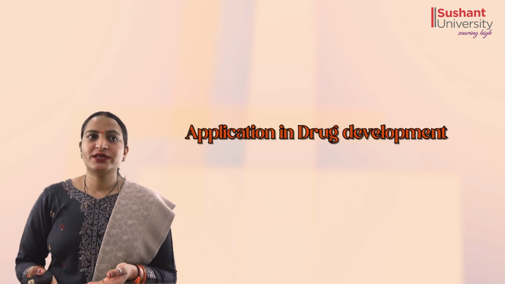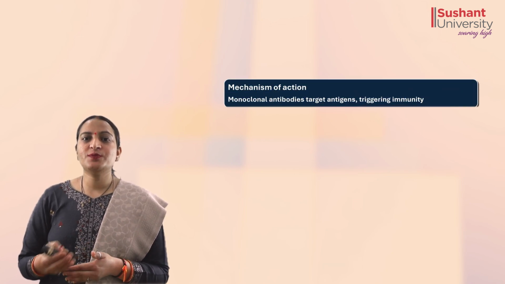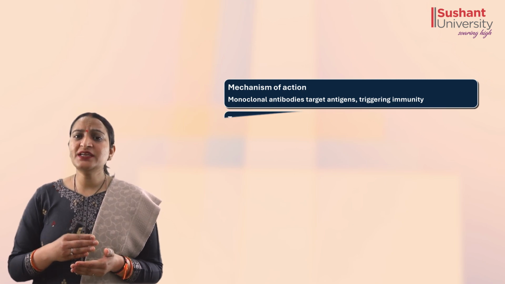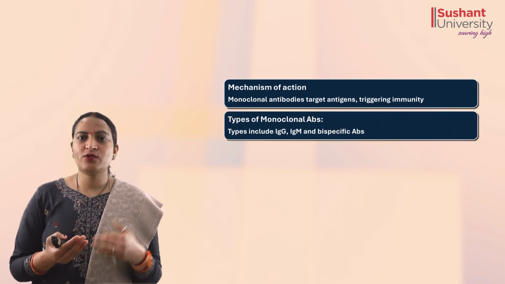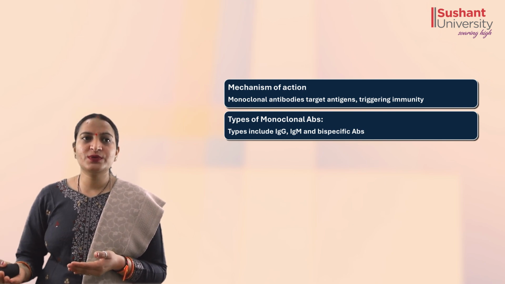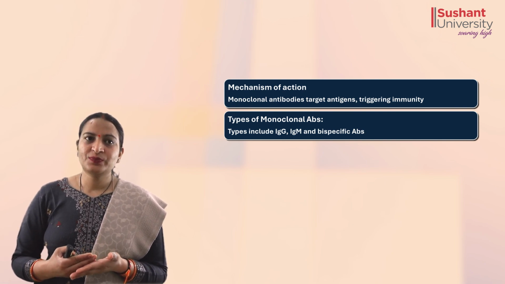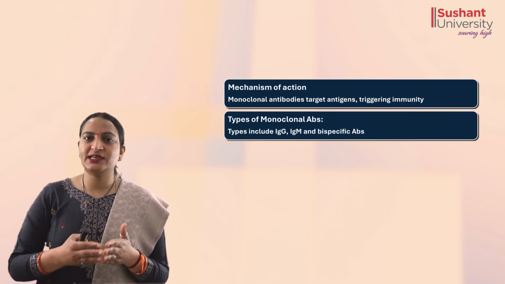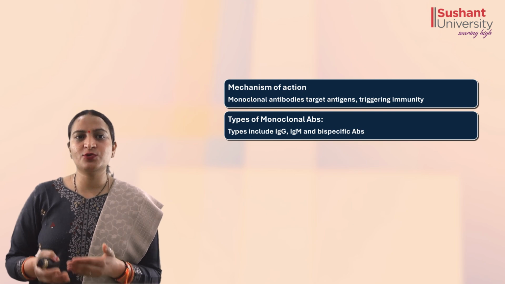So this was all about the mechanism of hybridoma technology. Let's get into the application of monoclonal antibodies as therapeutics. I have already explained to you the mechanism of action of monoclonal antibodies. So they are basically used for immunization, as the name suggests, antibodies. There are many types of monoclonal antibodies, as I depicted in my slides too. The various types of immunoglobulins like IgG, IgM, beside this, IgA, IgD, IgE, are also the types of monoclonal antibodies that can be produced using this hybridoma technology.